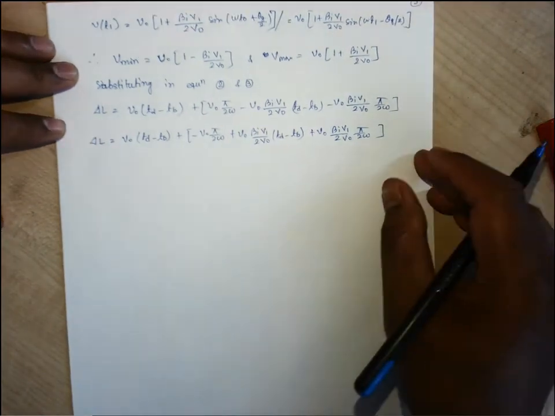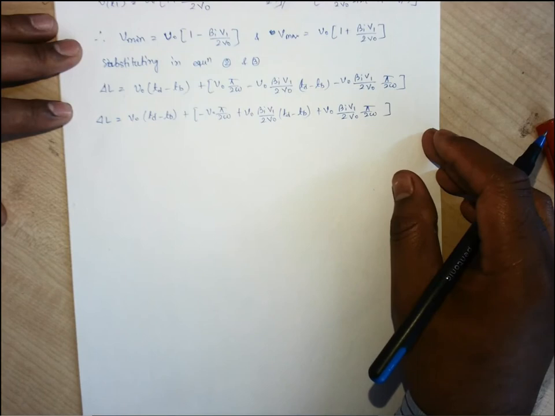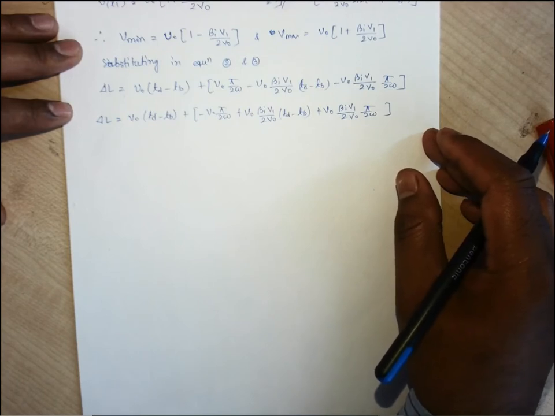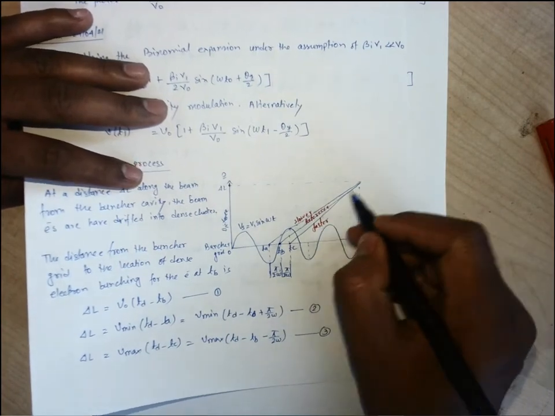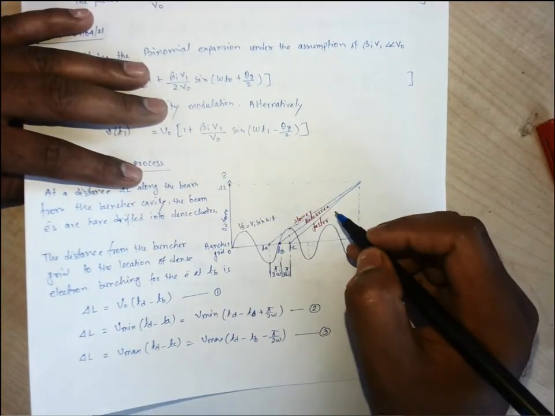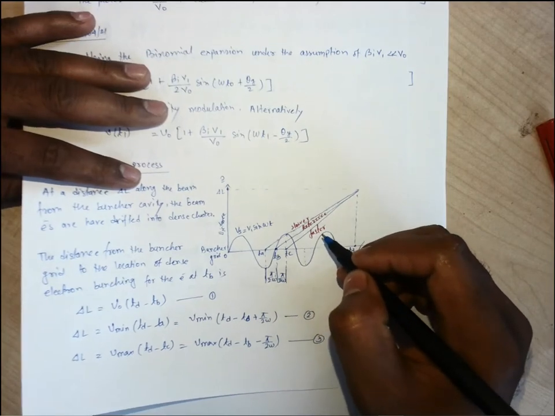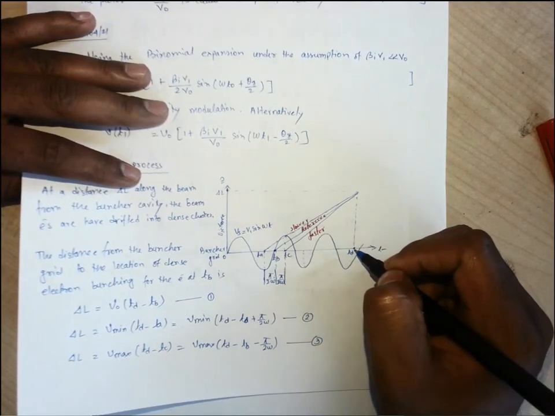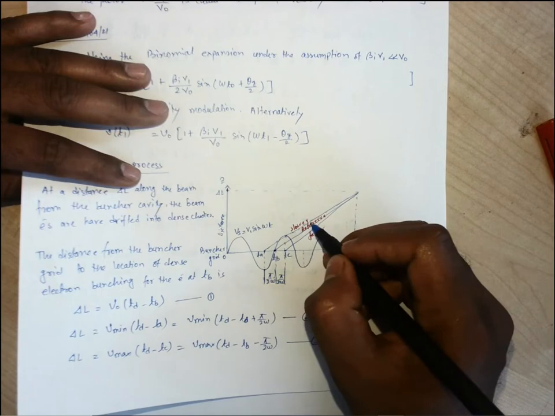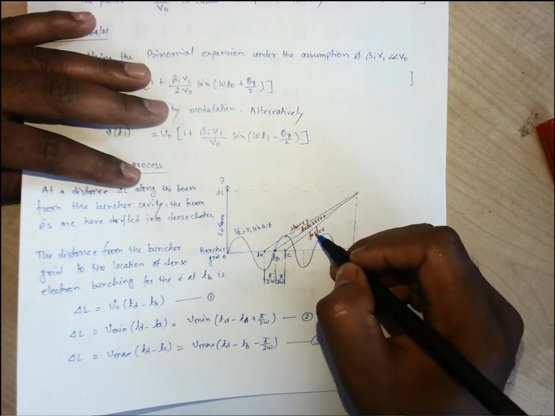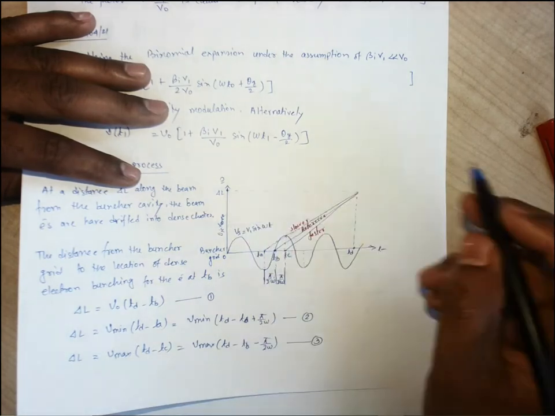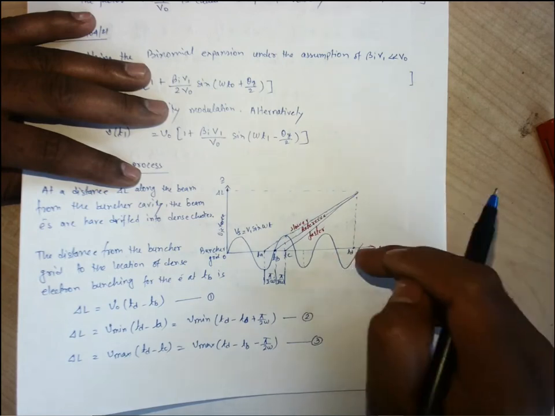Now, what is the necessary condition for all of these three electrons to meet at the same location, that is del L, because we want all the three electrons to move this del L distance at the same time, then only they will form the bunch. This del L distance should be covered by all the three electrons at the same time. That is, when they meet at Td time, they should take the same time. Some electrons will have the lower velocity, some electrons have the faster velocity. So someone will take higher time, someone will take lower time, but all of them will reach that del L distance at the same time, that is at the time Td.